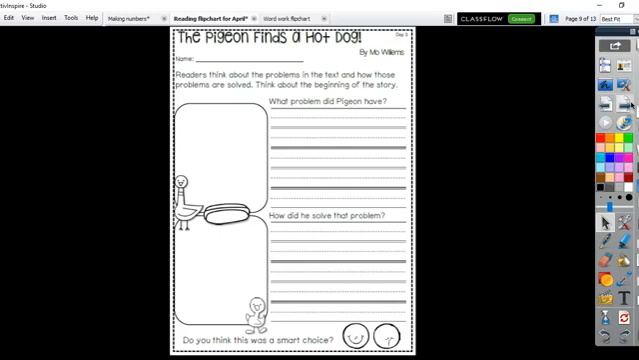So the problem that he had, and I'm going to switch to the writing tool, see if I can do this. The problem that he had was that the duckling wanted to try the hot dog. The duckling had never had a hot dog. So the duckling wanted to try the hot dog. So what we would say, if you're thinking about the problem, we would say the